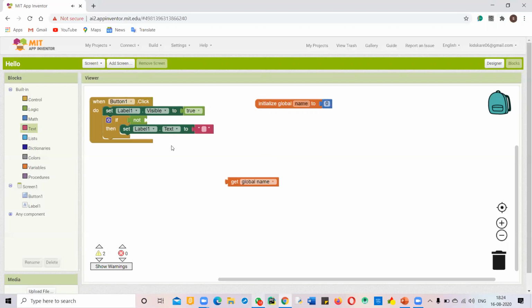If we put this, now it is not and then get global variable. So what is it doing? This not is turning false into true, and if nothing condition is there, then also it makes true. So this if is getting true only. Whatever the condition, the if will get true, because we have used the not block. And if it gets true, then will be executed. So for this function the not block is made. Understood?